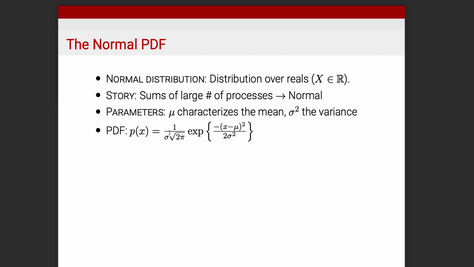And notice how we have some parameters. Just like we had lambda before when we were talking about the Poisson distribution, we have some parameters now too. And in fact, we have two parameters. We have this sigma, and then we have this mu. So these are sigmas, and this is a mu. And this is what's defining the PDF.